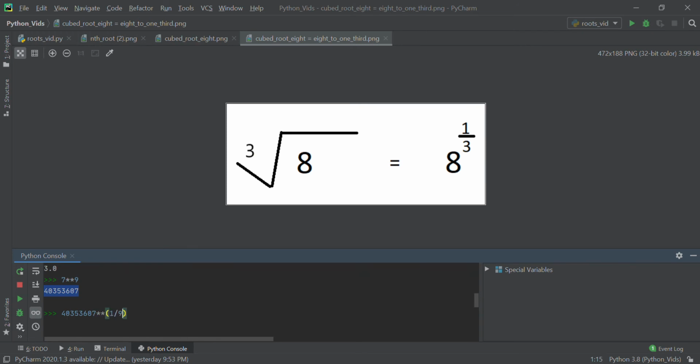And that should give you 7, right? Because we just took 7 to the power of 9. So what's the 9th root? Surely it must be 7, right? Well, no, it gives you 6.999